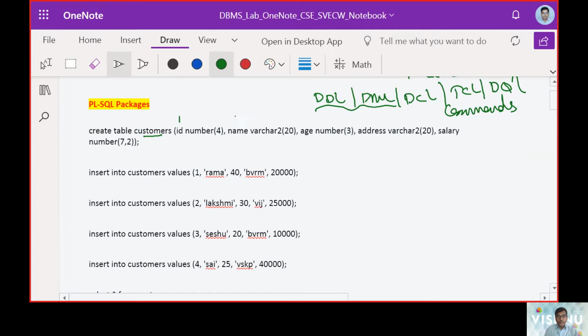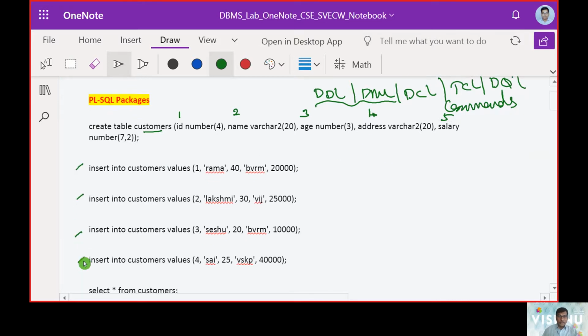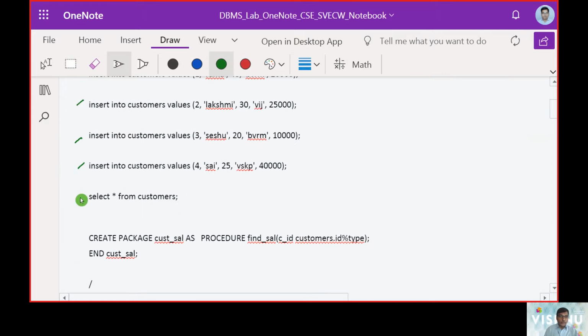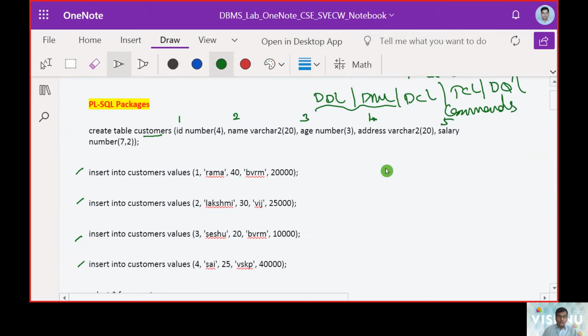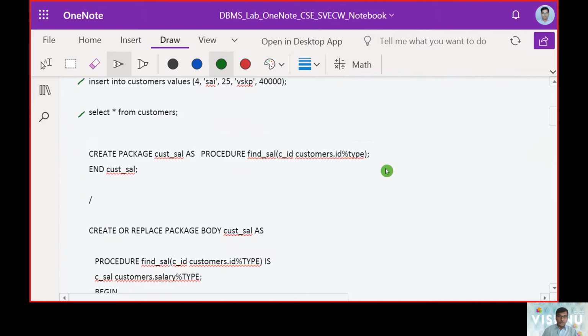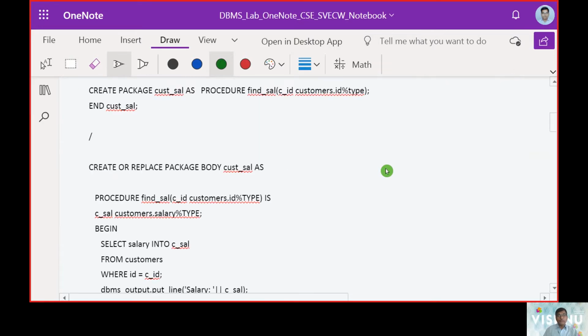It has an identifier, name, age, address and salary. Five variables are going to be part of it. Then we will make 4 insert commands and after that we are going to display the table. So this is a relatively simple way to use DDL and DML commands.